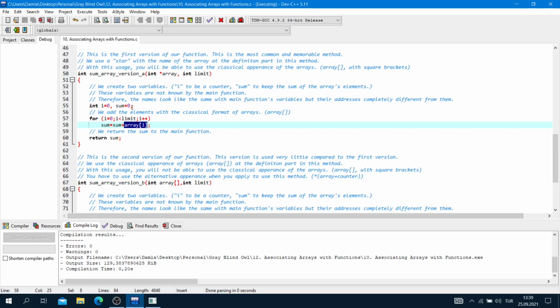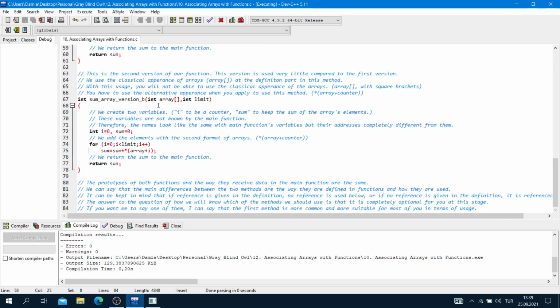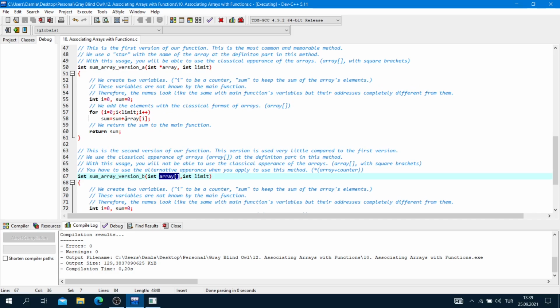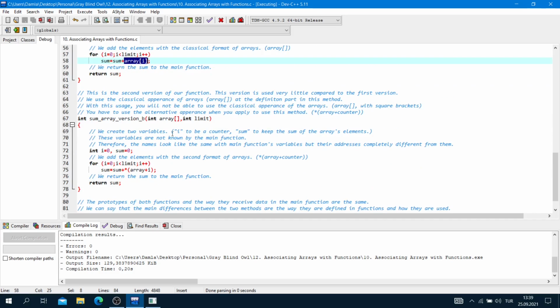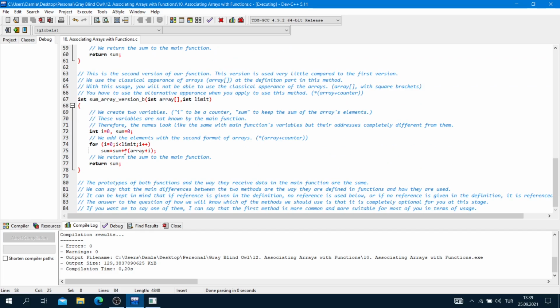But if we use the second method, int array with square brackets in the definition part of our function, we cannot use this usage, and we have to use this dereferenced method.